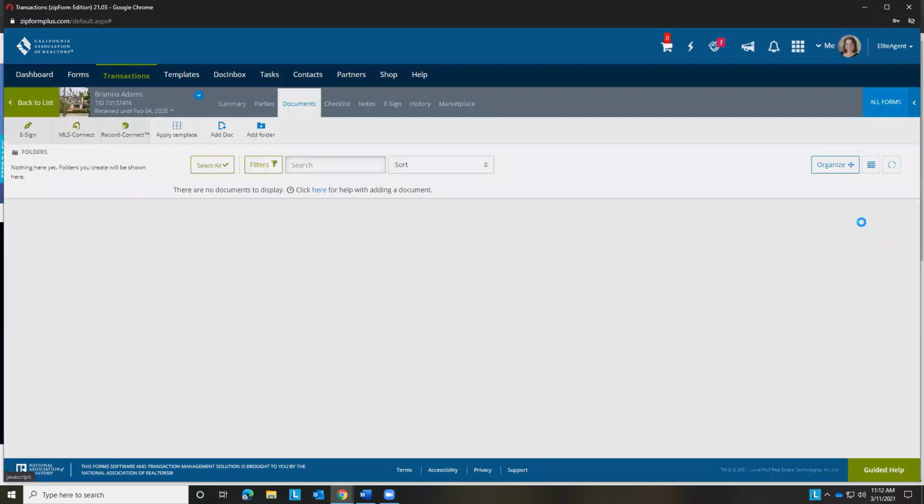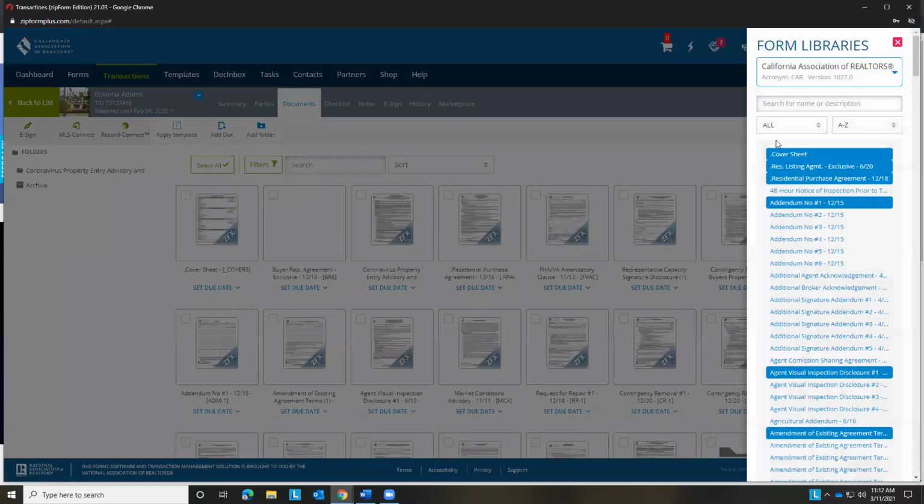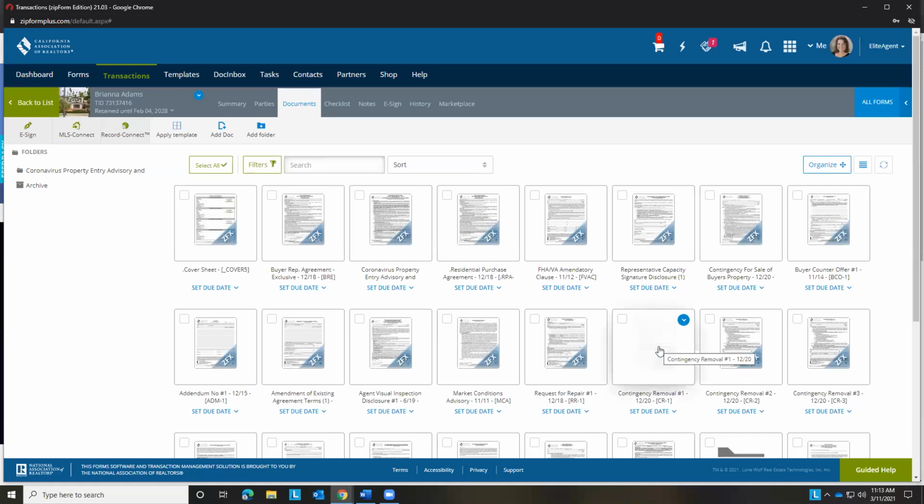All of us who have been in the business for a long time, it used to be the supplemental statutory disclosures. Now it's the exempt seller disclosure. So you want to know when you get into that property, if it's a successor trustee or it's just a regular trustee that's selling the property. And you also want to make sure when you have the representative capacity,